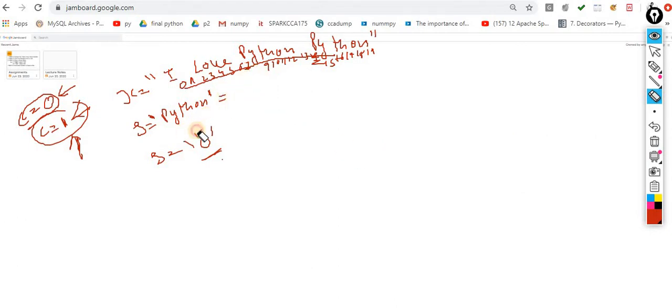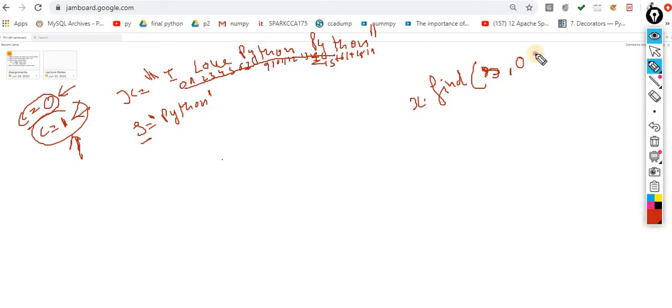Very simple and very easy. Okay, I am taking this case first. Now how can I find it out? For the first iteration, I have to find in the entire string. That means, if I write the layman code, x.find of what you want to search, this s contains Python, from the entire string, 0 to 20. For this entire string, the output would be 7. Okay, case number 1.